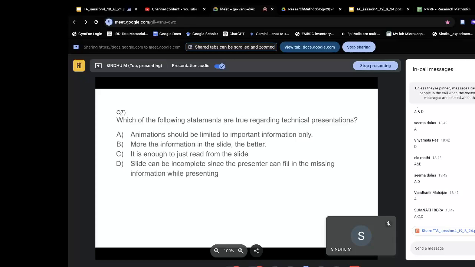Madam, in question 5, I am still having doubt why results obtained from the experiments performed are not mentioned. In a journal article, results obtained from the experiments performed should be given, no? In the fifth question, they are asking about the experimental details. When we are talking about the experimental details, there itself we won't write the result. We just say that we have used these conditions, but results we won't write there. That's why.